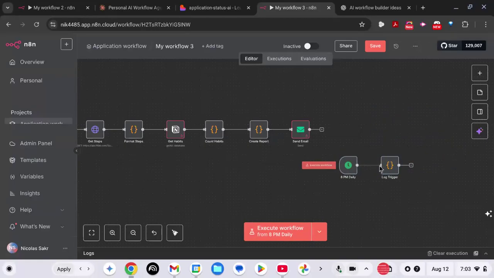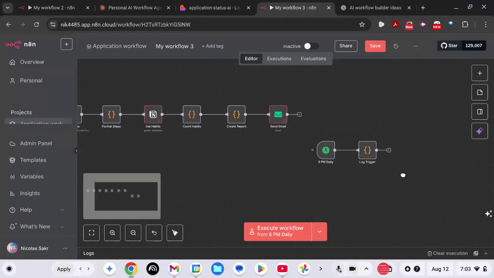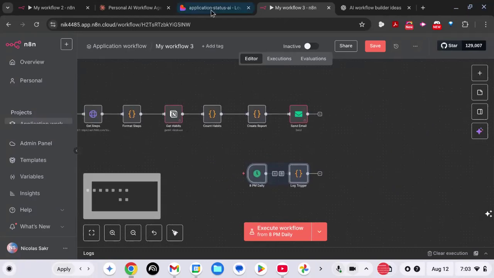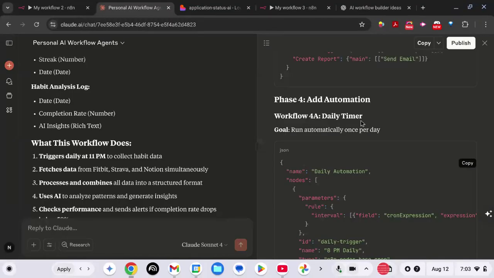So, okay, so obviously this at 8 p.m. daily, there is a log trigger. So this obviously is something else. It's not, so here,